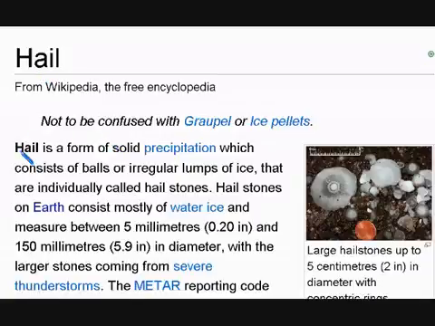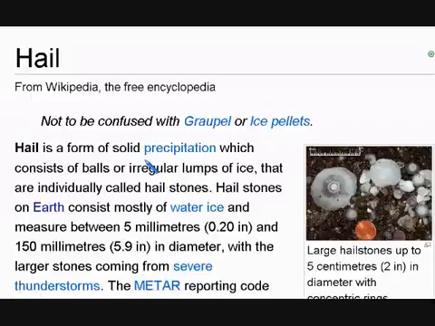Hail. Hail is a form of solid precipitation which consists of balls or irregular lumps of ice that are individually called hailstones. Hailstones on Earth consist mostly of water ice and measure between 5 millimeters or 0.20 inches and 150 millimeters or 5.9 inches in diameter, with the larger stones coming from severe thunderstorms. Okay, so